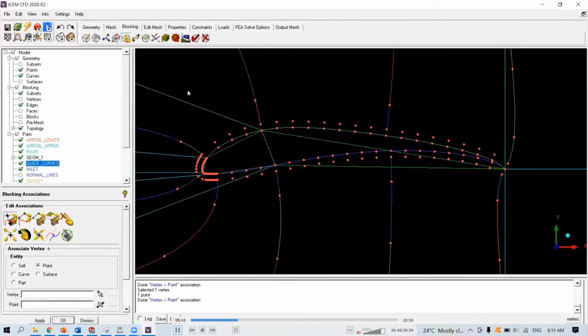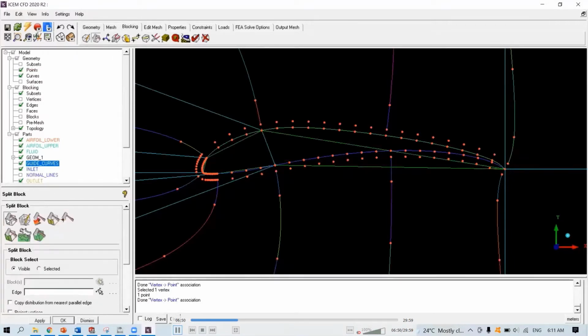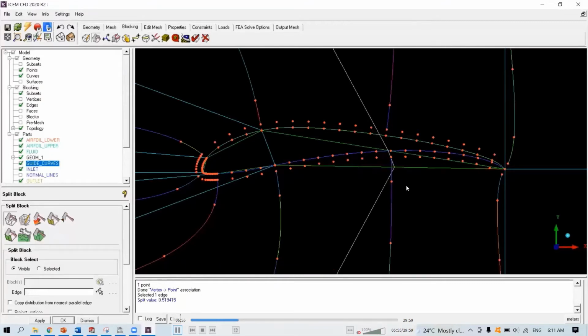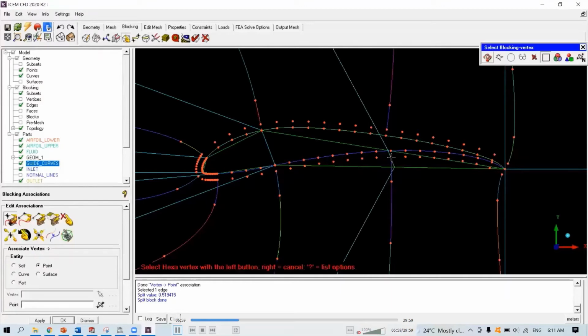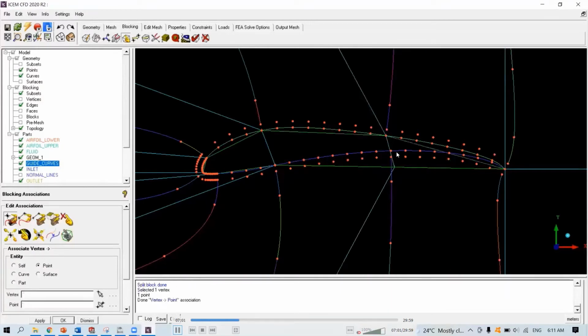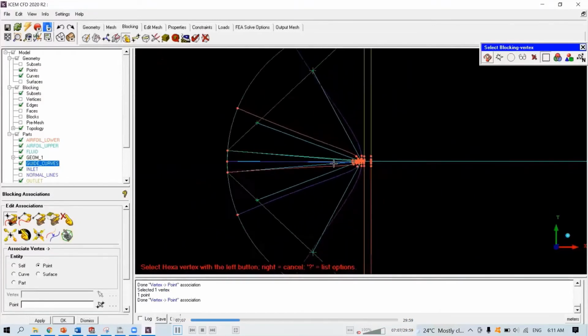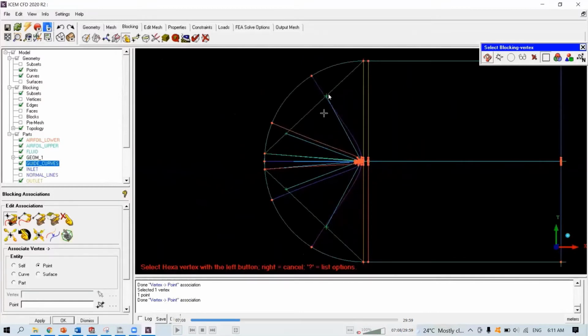Okay, do the same thing for the third guide curve. Then associate the points. Okay. Then just zoom out. We can easily see that this one should be here, this one should be there, so on and so forth.